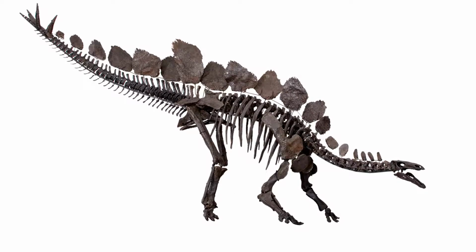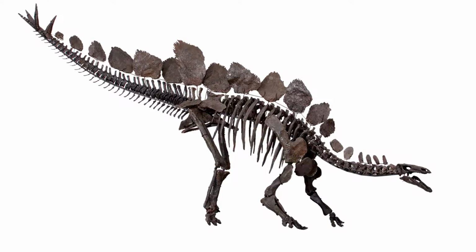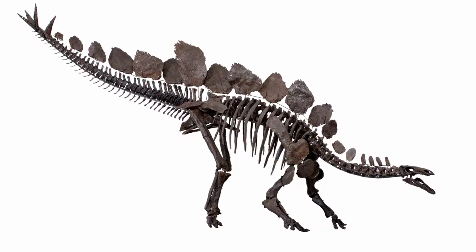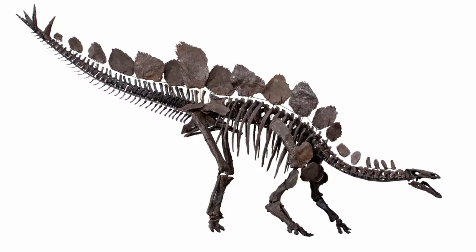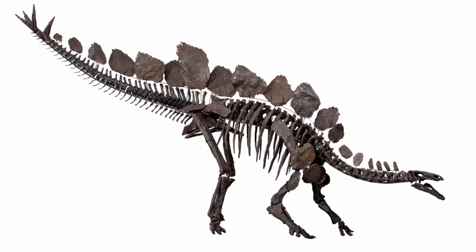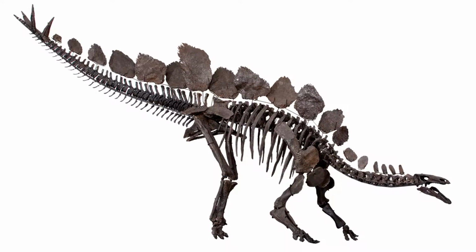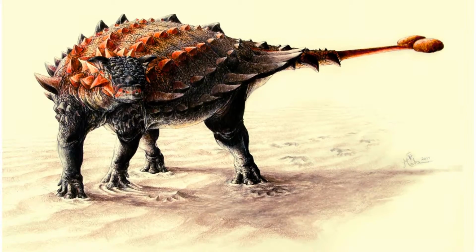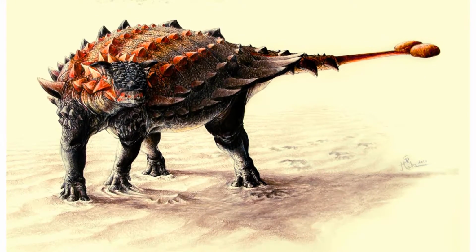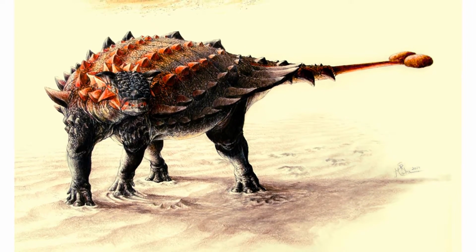In addition to serving as predator deterrents, the plates of stegosaurs could have helped passively regulate body temperature by catching more heat when basking and shedding heat in the breeze, and possibly changing color to absorb or reflect heat more efficiently as the dinosaur needed. As I mentioned, ankylosaurs had tail clubs rather than the spikes that stegosaurs had. Along with